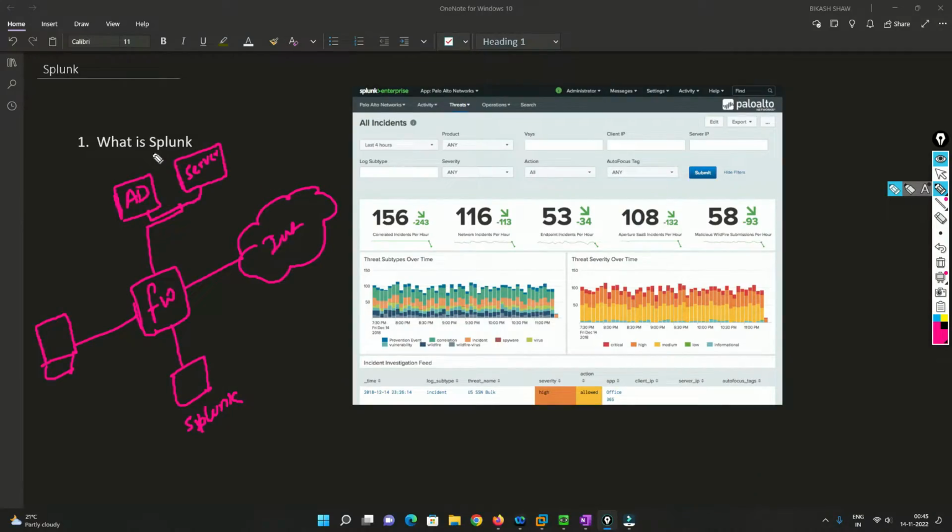So friends, now we'll understand what is Splunk. With the help of this diagram, we'll try and understand. Let's suppose this is a PC. Now the PC wants to reach, let's say, AD. It goes through the firewall. Or maybe it wants to reach a server, it goes through a firewall, or maybe the internet, it goes through a firewall. Now for all these three traffic flows, what happens is, when you turn on the logs in your rule,